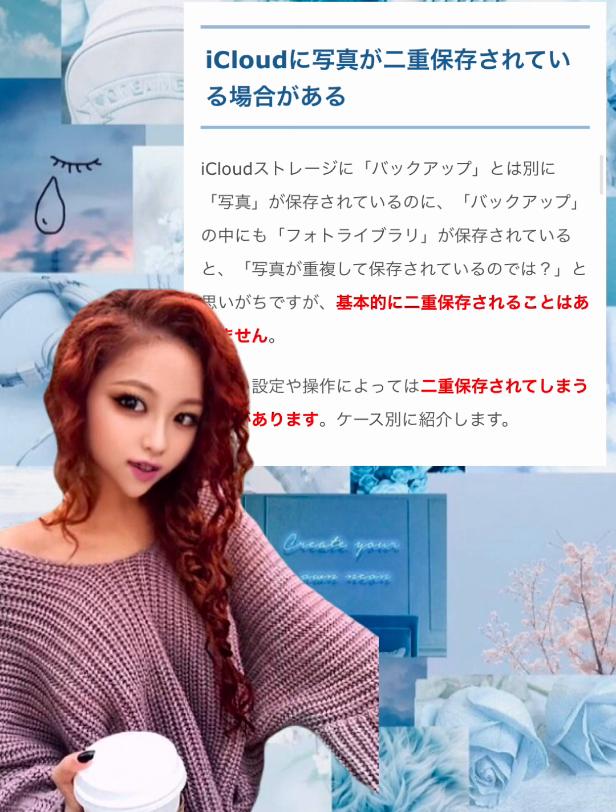For example, consider the following case. Use 2 iPhones, same Apple ID. iPhone A has iCloud Photos on, iPhone B has iCloud Photos off. Looking at iCloud storage on iPhone A, photos are saved separately from the backup. There are no photos in the backup. But when I look at iCloud storage on my iPhone B, even though there are photos in the backup, photos are saved separately from the backup. However, these photos are photos of iPhone A and do not include photos of iPhone B, so the iPhone B photos are not duplicated, but on the outside, it looks like both are saved.